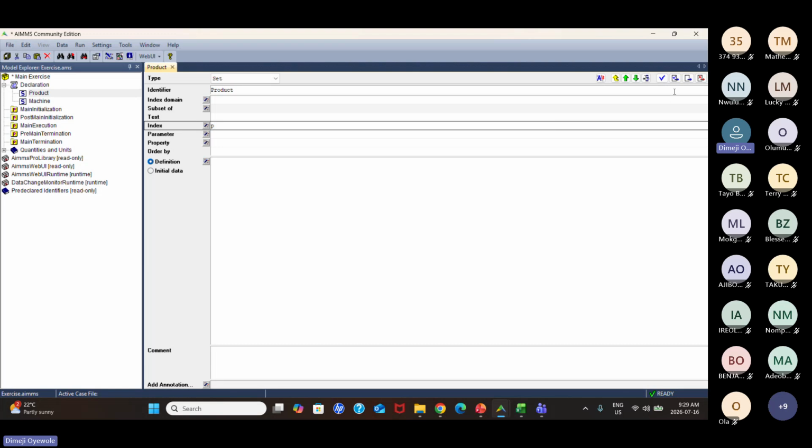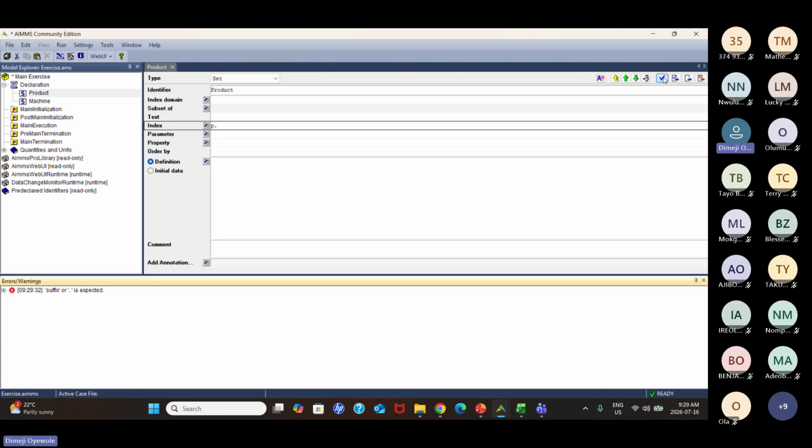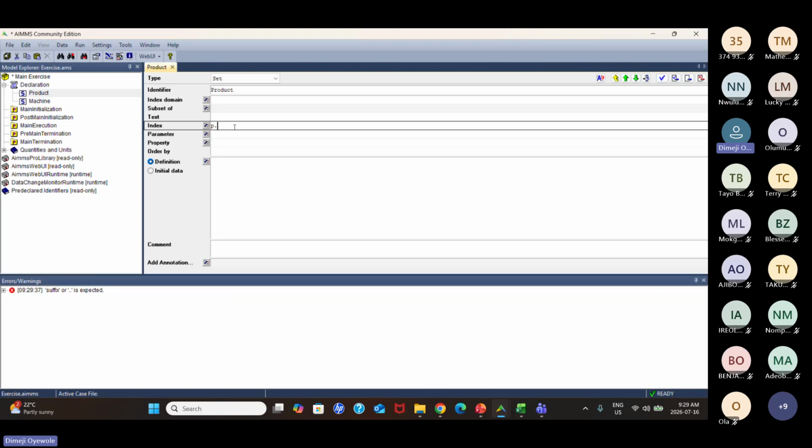And then when you've done that, you go to check and commit, or you may want to use check, commit, and close. What check means is that you want AIMMS to check whether your syntax is correct. If your syntax is wrong, AIMMS is going to tell you to correct where your syntax is wrong. For example, now let me just put a dot here after P, and let me press check. It's telling me that there's something wrong with what I have written. So if I remove the dot and I press check, it's going to pass me.